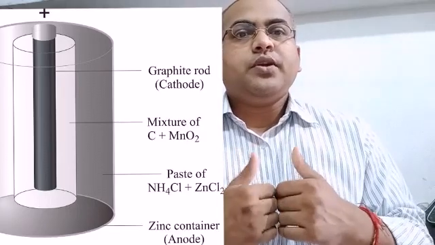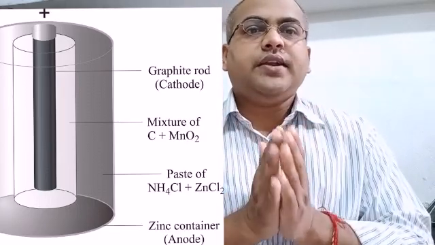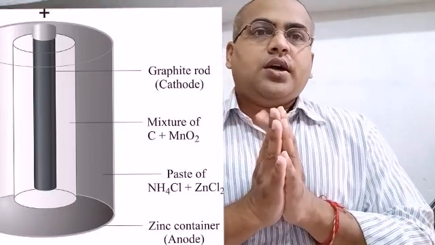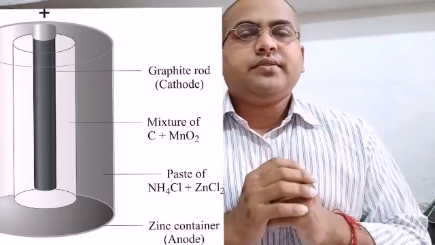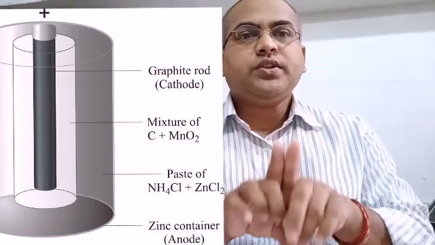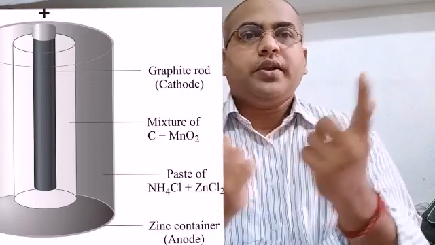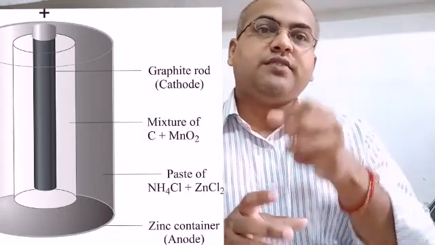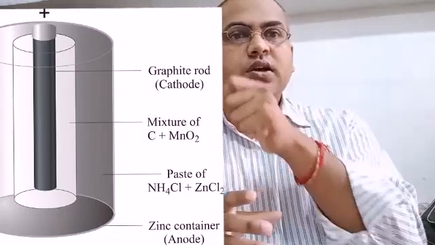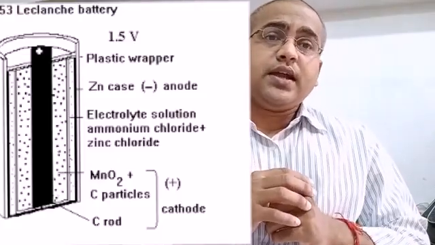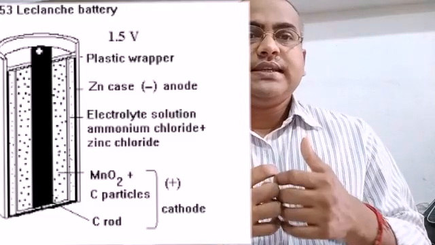So class, I hope you are able to understand the structure and a little bit of the functions of an electric cell. You can find an electric cell easily in the market. There is a little variation in electric cells. You will find some with a metal coating, a metal cover. In some there is a plastic cover, but it is covered well, means airtight. Air is not allowed to enter inside the cell, and it will not react with the chemicals. So we have to understand this electric cell well.